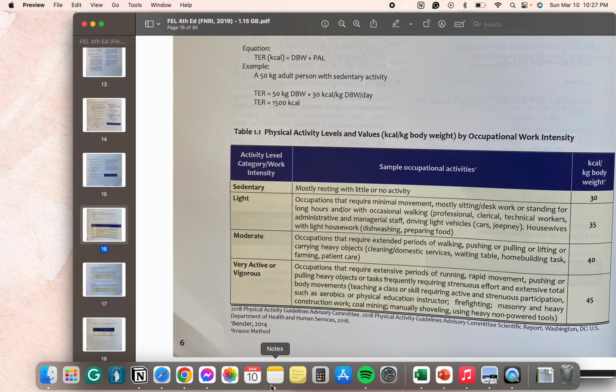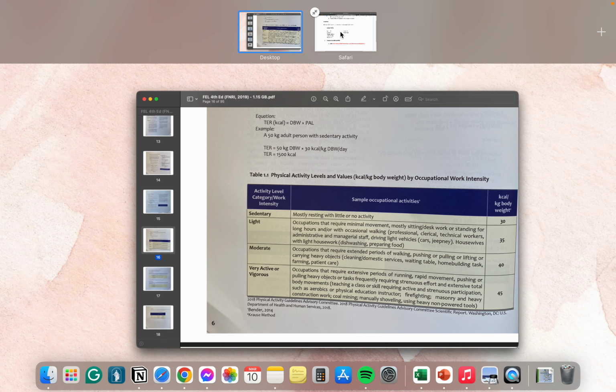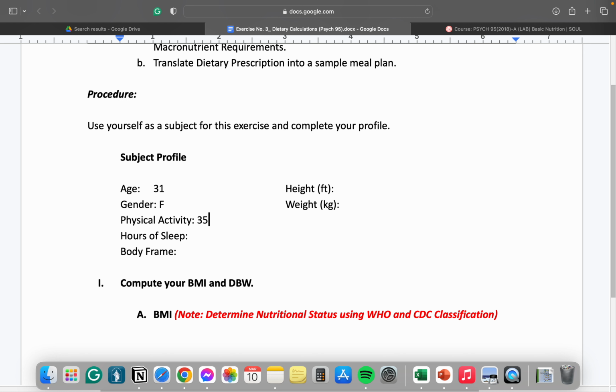Okay, so let's go back to our activity sheet. So that's light, that's 35. So I'm gonna put 35 kcal per kilogram body weight, meaning that is light. Or you can just put light. Hours of sleep average is 6 hours a day. Height in feet would be, you can have it in feet, you can also have it